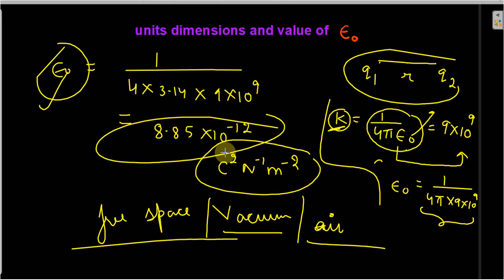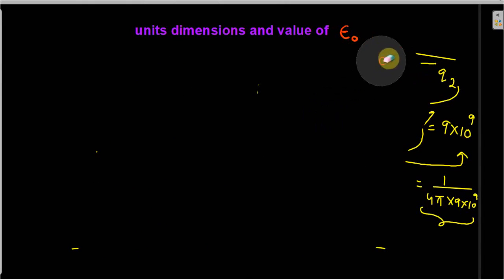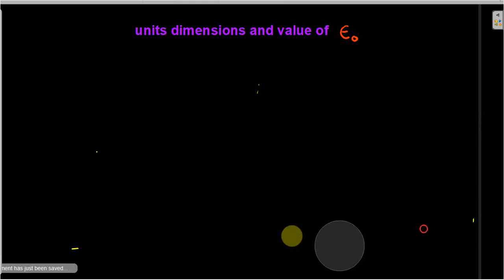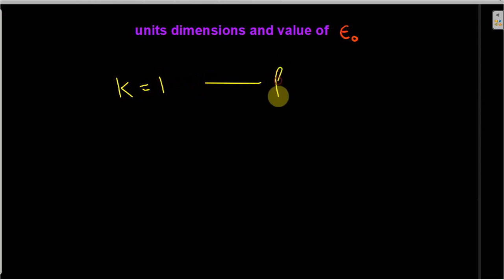In the next video lecture we will see how we can calculate the epsilon value for water and other dielectric media. We have to remember the value of epsilon naught to solve numerical problems. Today we learned basically two force constants. First is the value of K. The value of K for the CGS system is equal to 1. But usually we have to deal with the SI system.